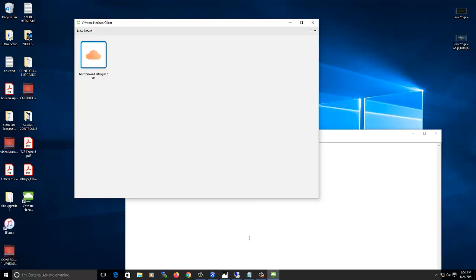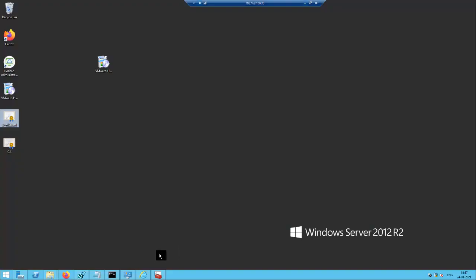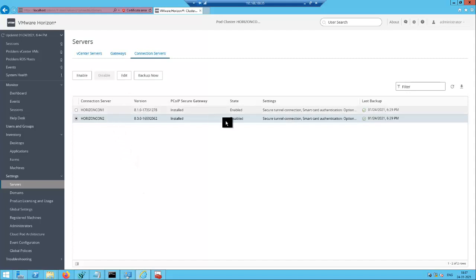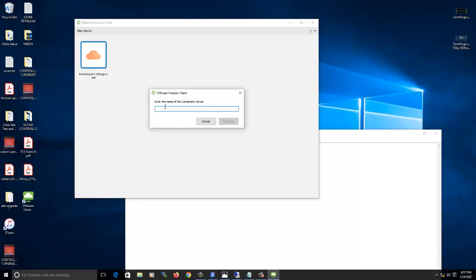Now we can enable connection server 2 on the portal. Now it's in a disabled state, we need to enable it. Now we can try to access the application through the connection server 2 link.